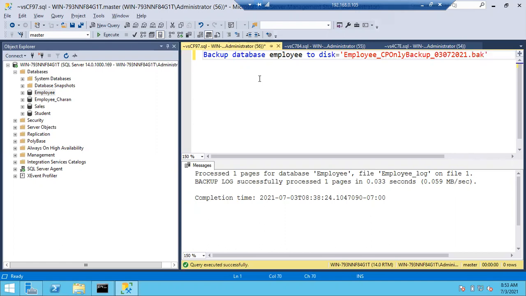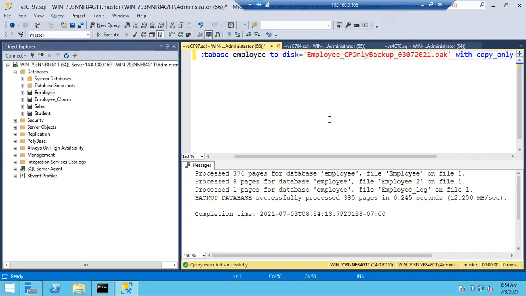Okay, so here what you have to do is add WITH COPY_ONLY. So this is the query for copy only full backup. Normally till here is the full backup query; you have to add one parameter, WITH COPY_ONLY, so we'll take the copy only full backup. This is how we generate a copy only full backup using a query.